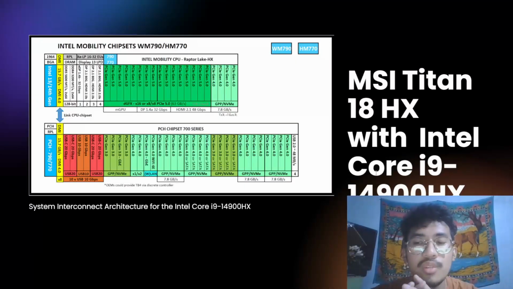You can also see the yellow bar for the DRAM, which is the pipeline feeding the data to our P cores and our E cores. Second is the bottom block, or the PCH, the chipset. Think of the CPU as the brain and the PCH as the spinal cord. The CPU is too fast to deal with slow devices, so it offloads the management of USB ports and Wi-Fi to this chipset.